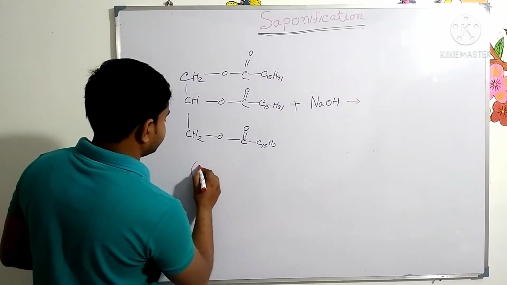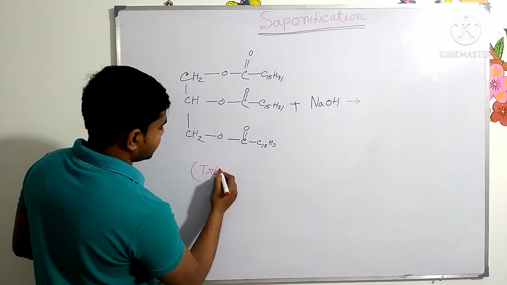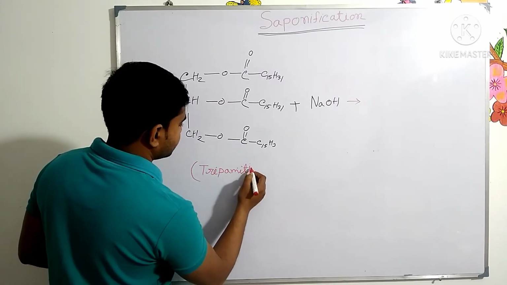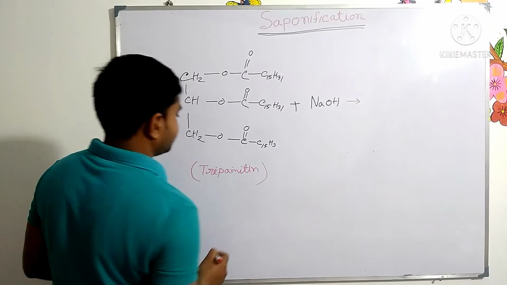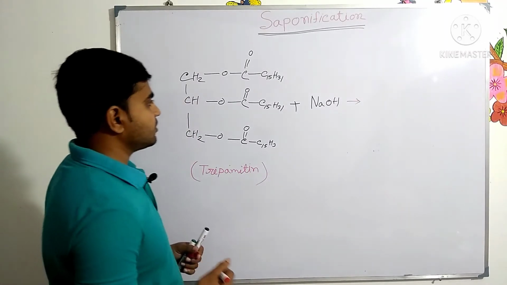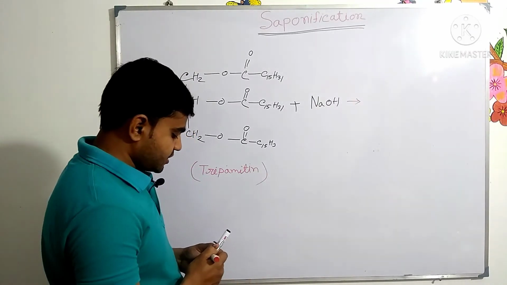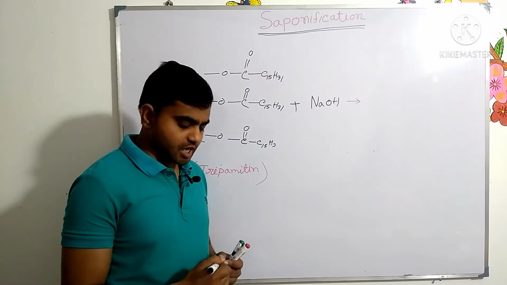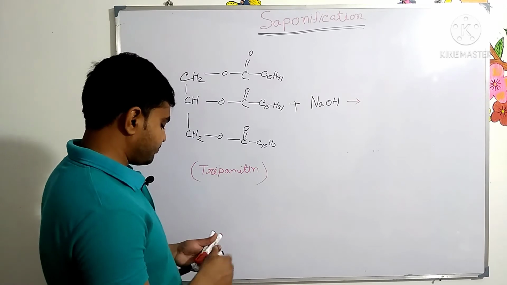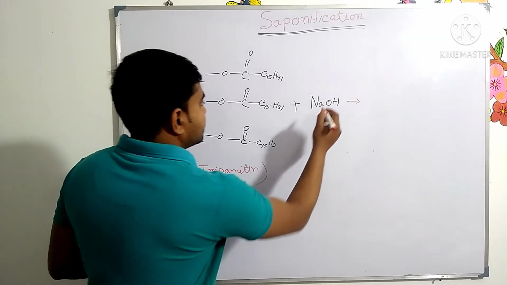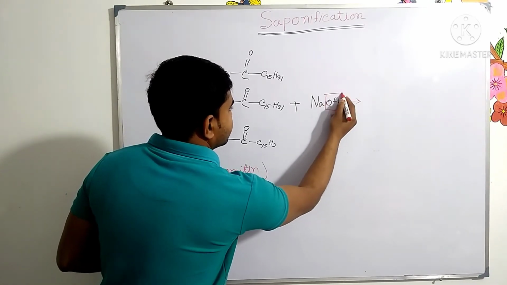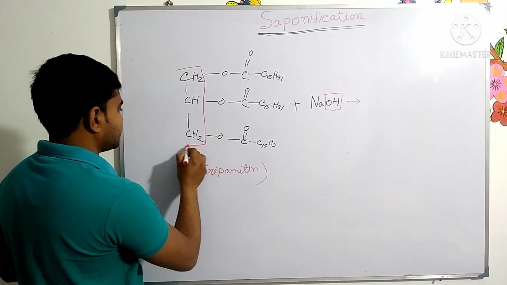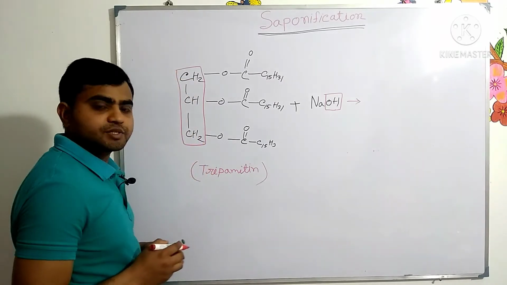Here the structure is tripalmitin. Tripalmitin is a lipid, and with sodium hydroxide it produces 3 molecules of sodium salts and 1 molecule of glycerol. This hydroxyl part and this part produce the